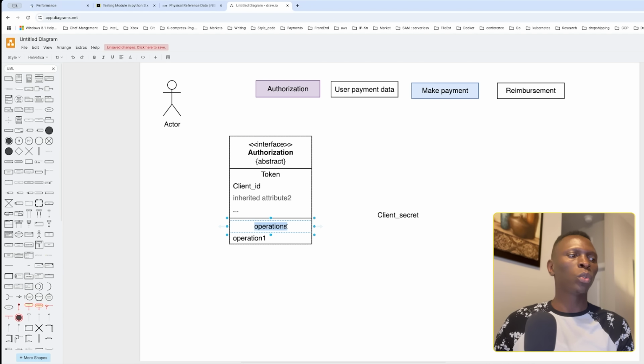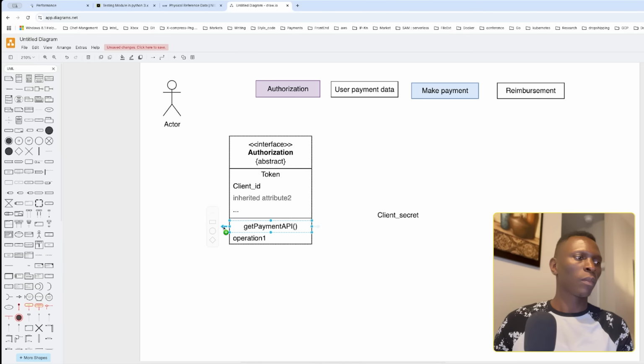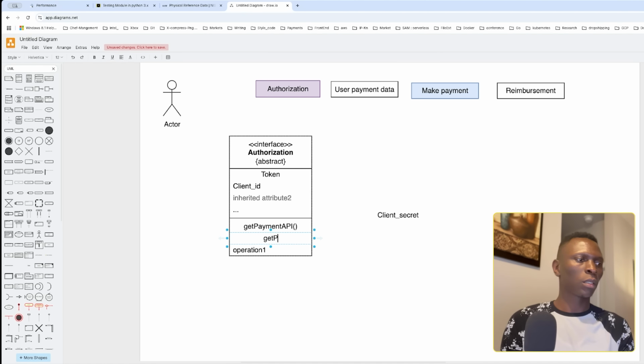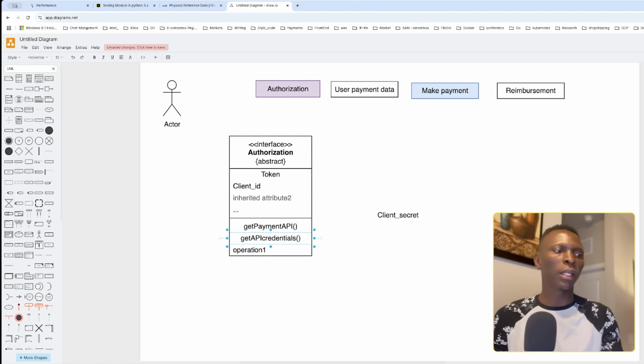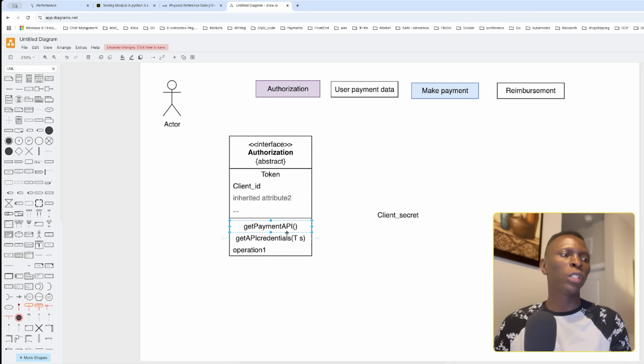We are going to create some operation, let's say getPaymentAPI and getAPICredential. And for the API credential, we're probably going to get something of type string. So the getPaymentAPI will return something like